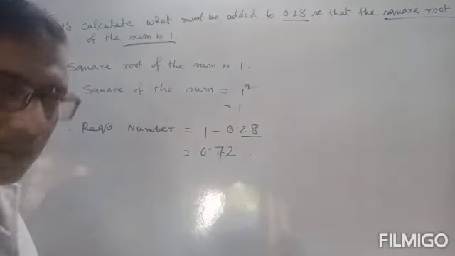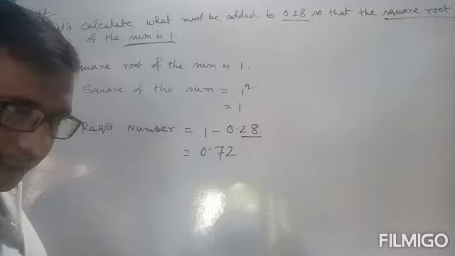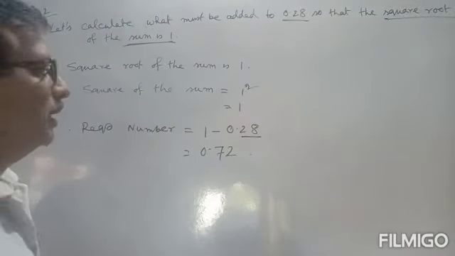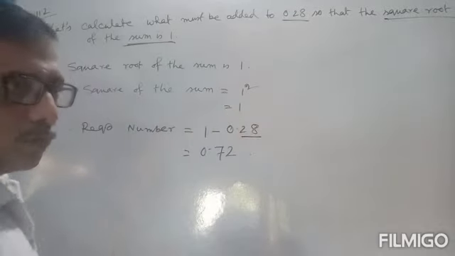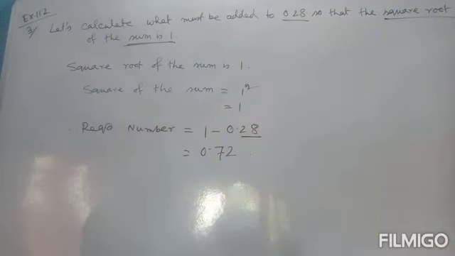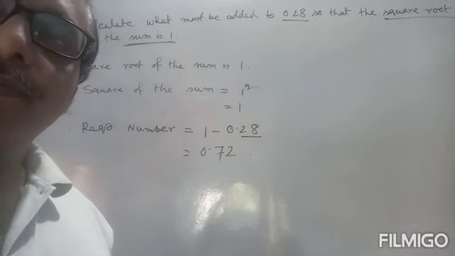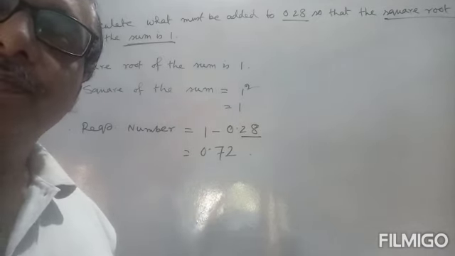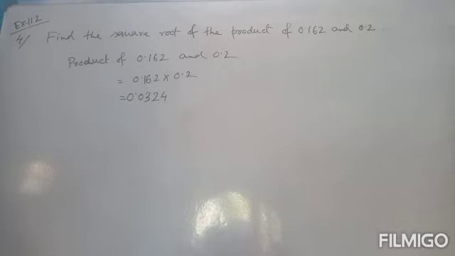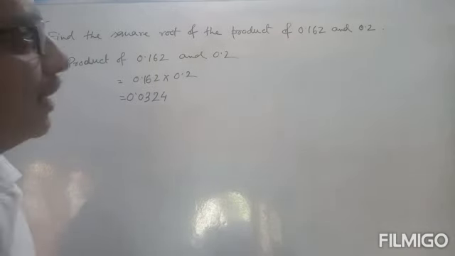I repeat, the sum of two numbers is given, and one number is given. To find the other number, it is the sum minus one number, and we get the other number. Very simple question. Clear? Have no question? Next, question number 4 of your book of the same exercise. Find the square root of the product of two numbers. Two numbers are given, 0.162 and 0.2. Find the square root of the product of 0.162 and 0.2. Just multiplying these two we get